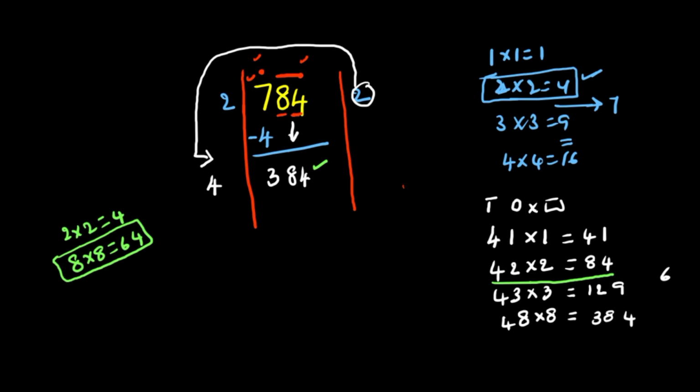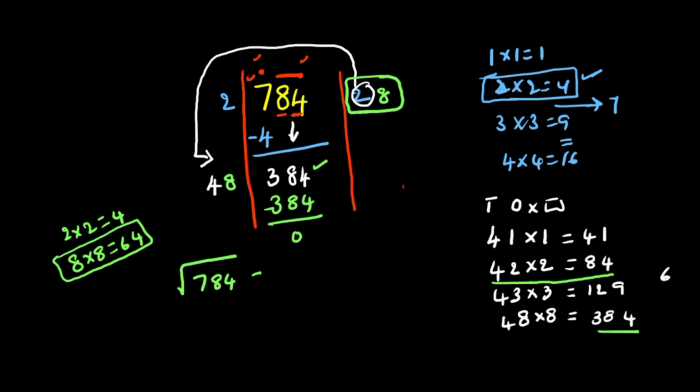Yes, it's satisfied. So the digit I am going to take here is 8, and here also it is 8. Then the answer here is 384, this 384 we write here. Now the remainder we get is 0. Then observe this number 28, so the square root of 784 is 28. So this is the easiest model, actually, compared to prime factorization. Okay, now the next